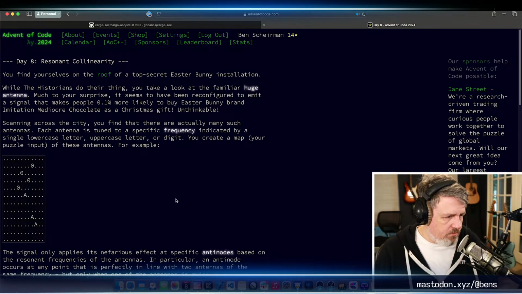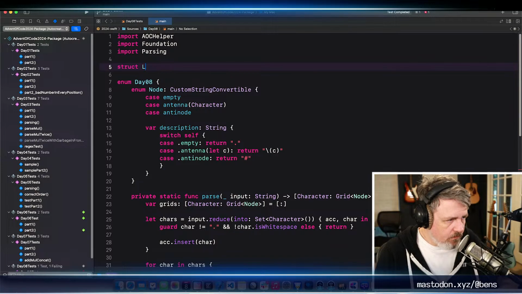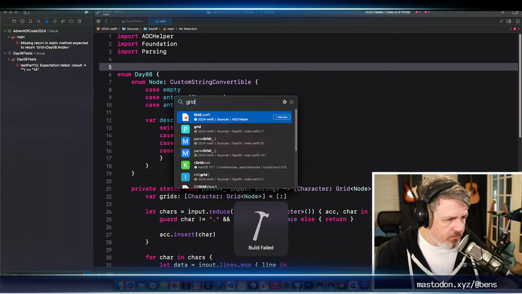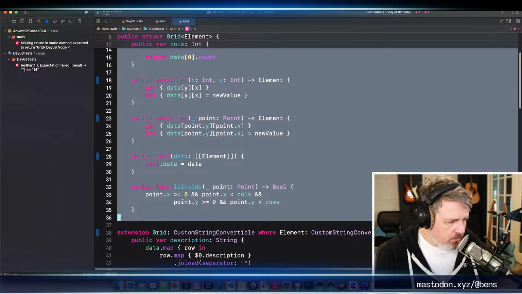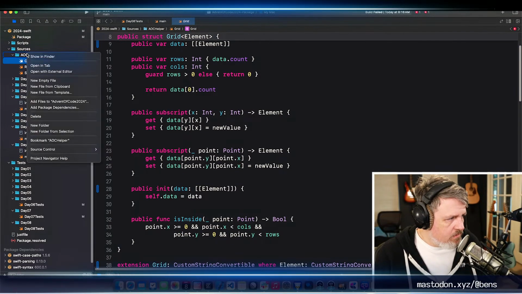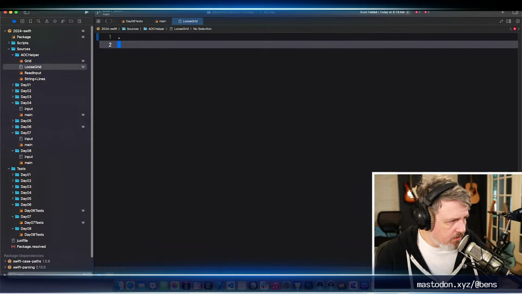I think I'm going to try. Let's copy the grid type, and I'm going to create a new file called a loose grid, not text, .swift.